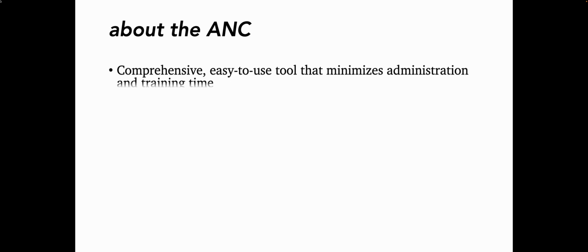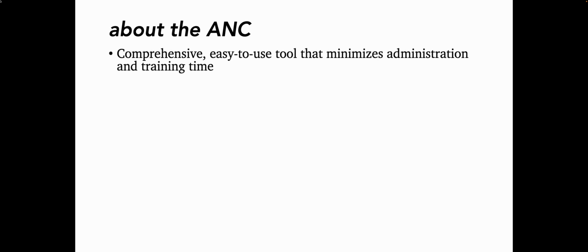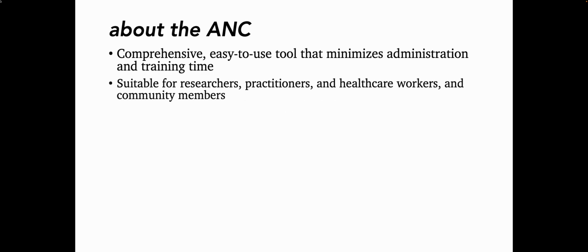The Active Neighborhood Checklist tool examines neighborhood-built environments with an eye towards community use for active living. It was developed to be a short and objective tool that can be easily administered and trained. The format is intended to be user-friendly for a variety of different groups, including community members, healthcare and public health